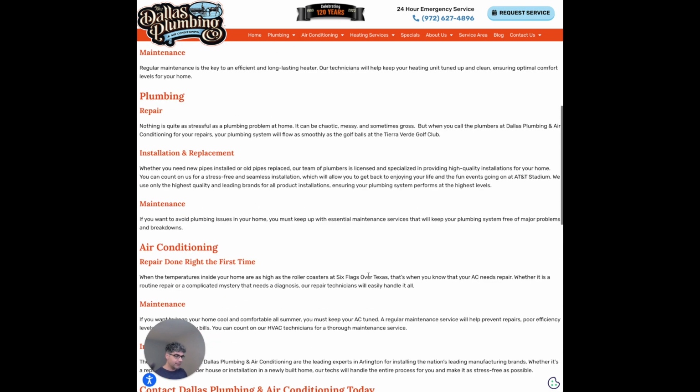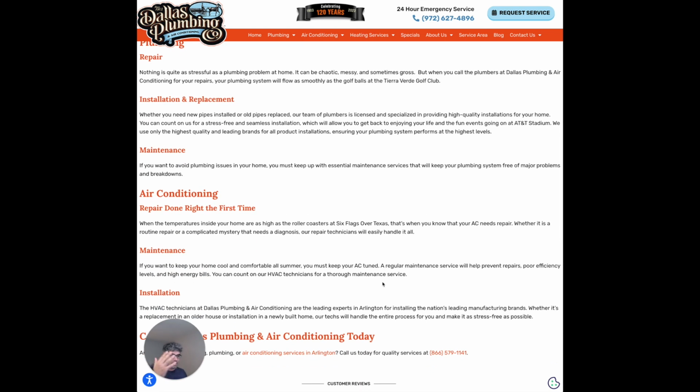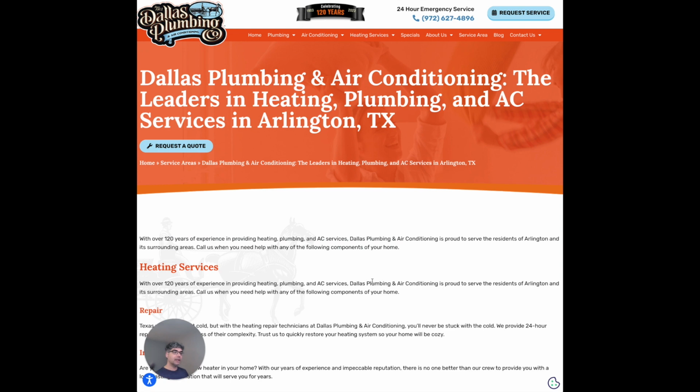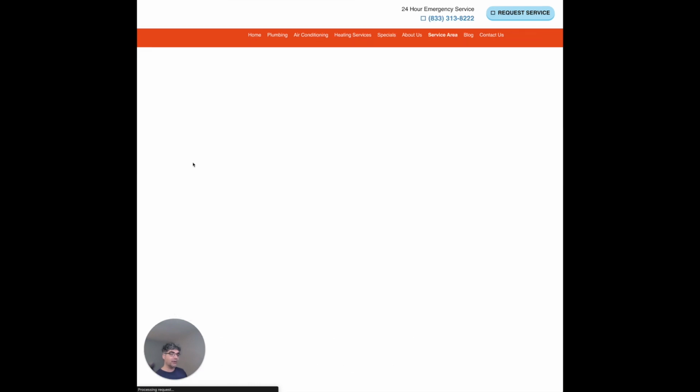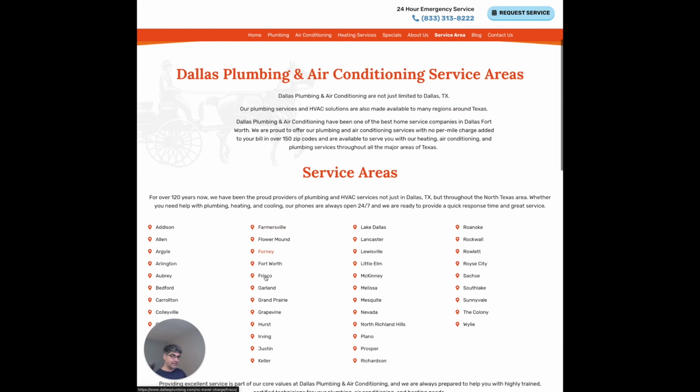Look at this. Even go down here, Six Flags Over Texas. So all of these different places that they're throwing throughout the area. That's really smart. So again, they're really adding in those keywords. Now, I bet you if we go back and we look at another service area, I bet you they're going to have something pretty similar. So let's look at